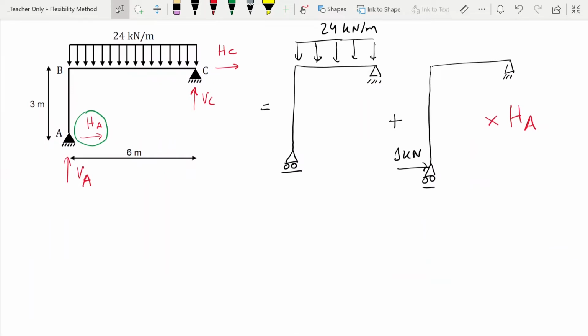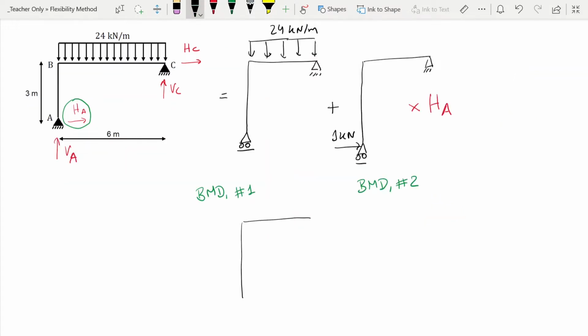What we need to do next is find the bending moment diagrams for both of these cases. So let's calculate here the bending moment diagram for structure number 1 and the bending moment diagram for structure number 2. So for structure number 1, it might be useful to calculate the reactions just to make sure we don't make any mistake. So if we think about the reaction on the structure on the top, the horizontal one here has